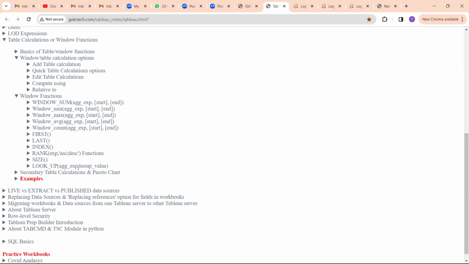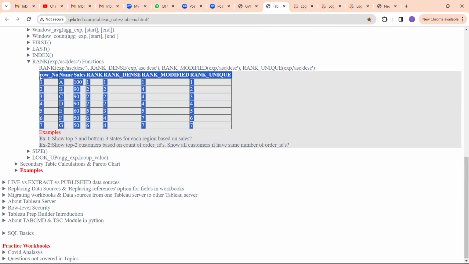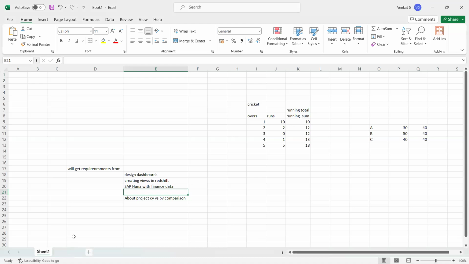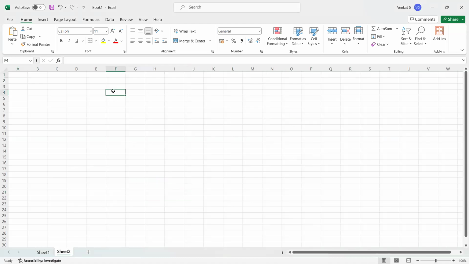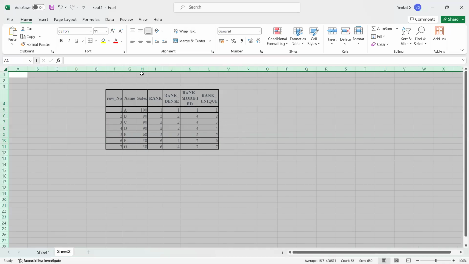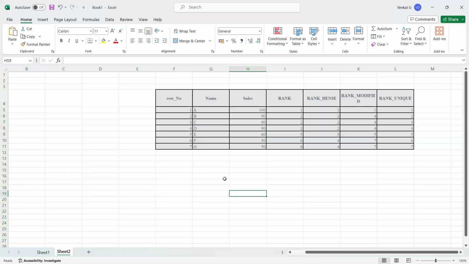But let me discuss the rank function. So I'm just trying to copy the entire data into the Excel file. Let me copy. So for example, assume that